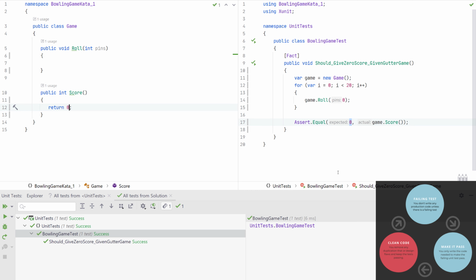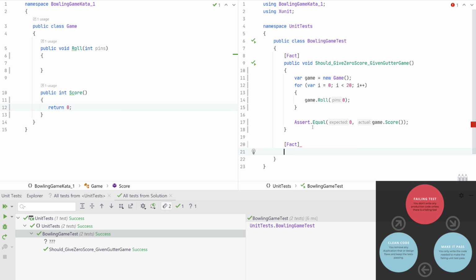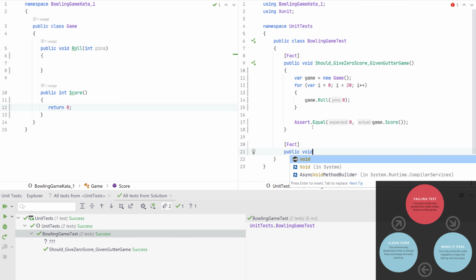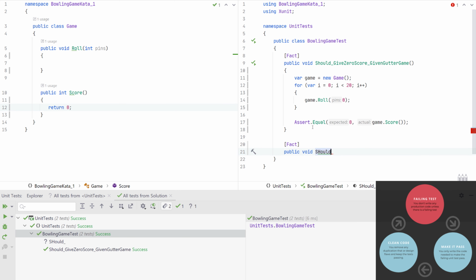So again, I'll continue writing a new test to test even more functionality. If I have a complete game where I hit 1 pin on every throw, then I should expect to see a score of 20 because we have 20 throws.